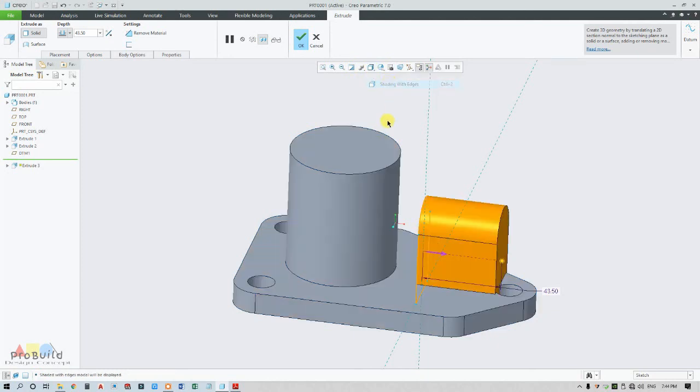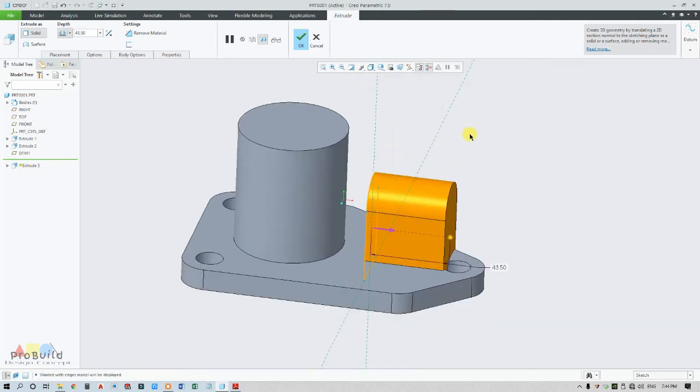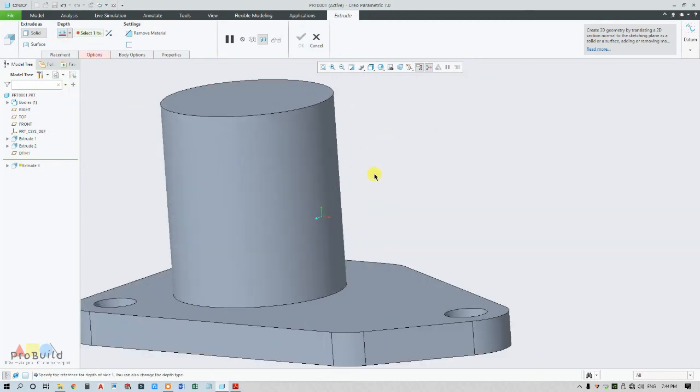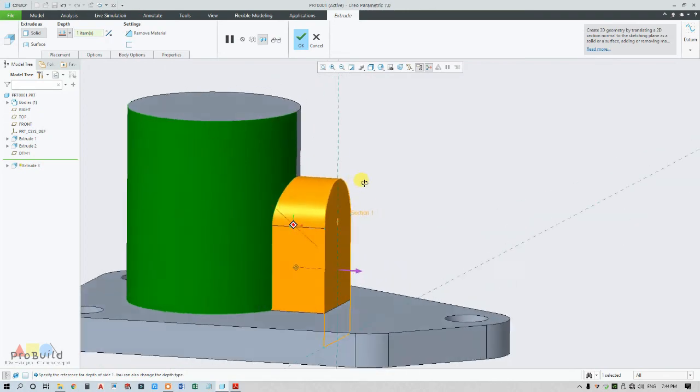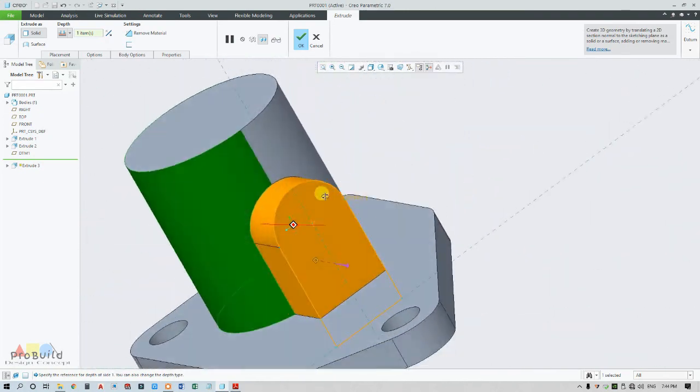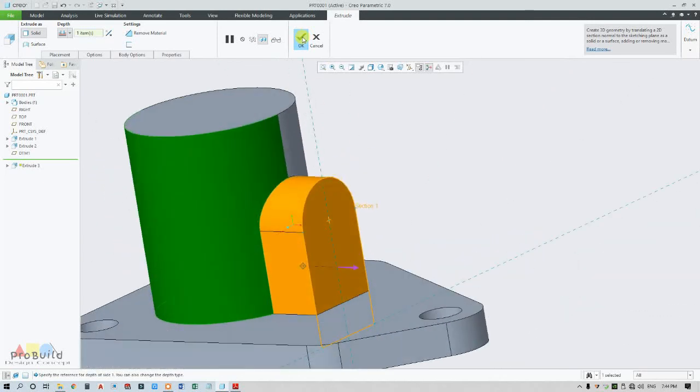So now here it's going in the opposite side, I mean it is completely merging with this cylinder, so just go to up to selected surface. So now I'm going to select this surface so that it completely merges with this cylinder. Now OK.